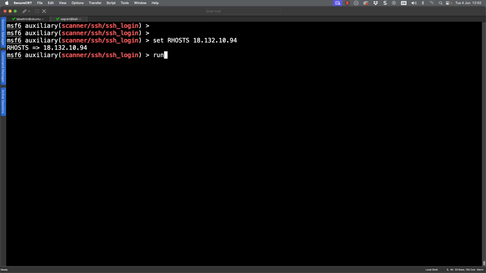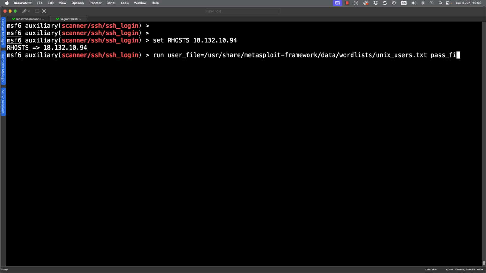We can now go through and run our scan. Let's call it scan. That's a nicer word than attack. And I'm going to set my user file to be the user list that we were looking at before. So we can put it through to the path /usr/share/metasploit, and dropping down into the data wordlists, and then the unix_users.txt. I can use tab completion here as well, so you don't have to worry about typing.